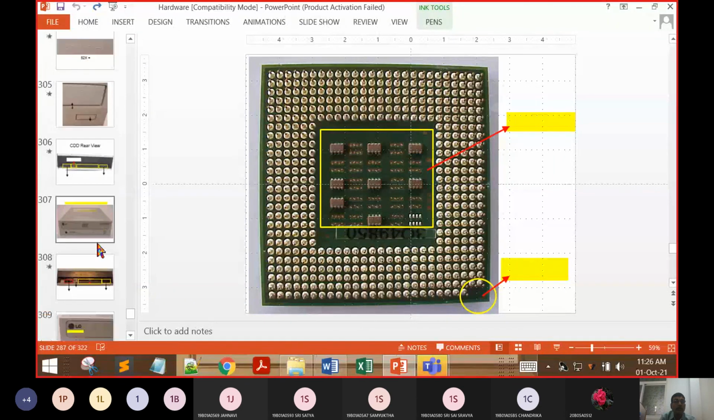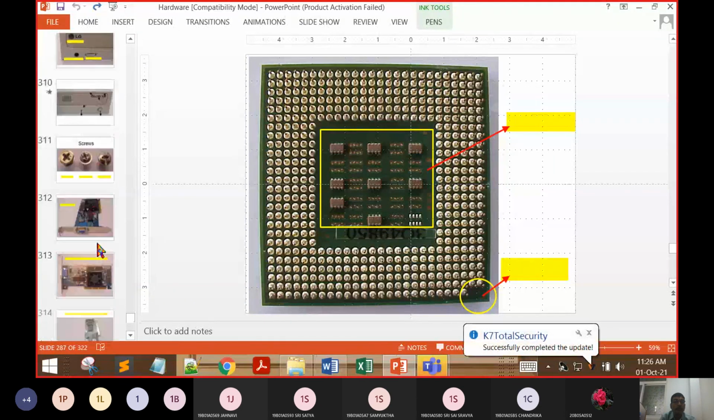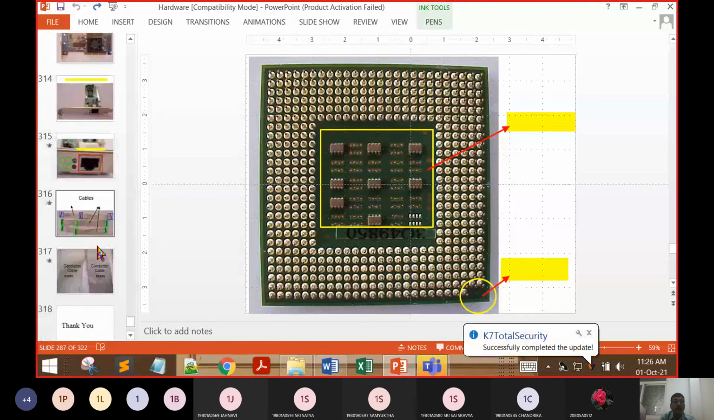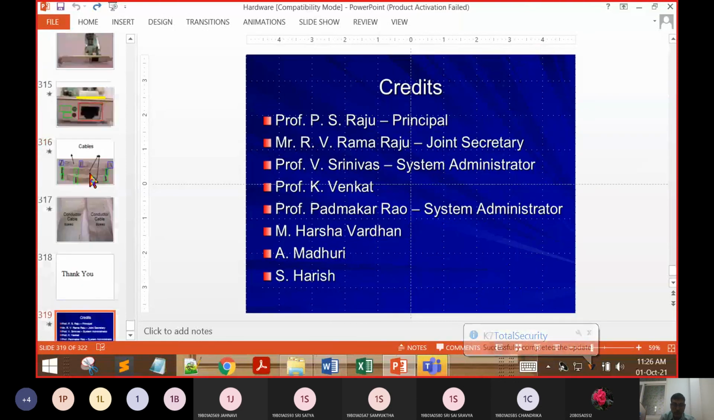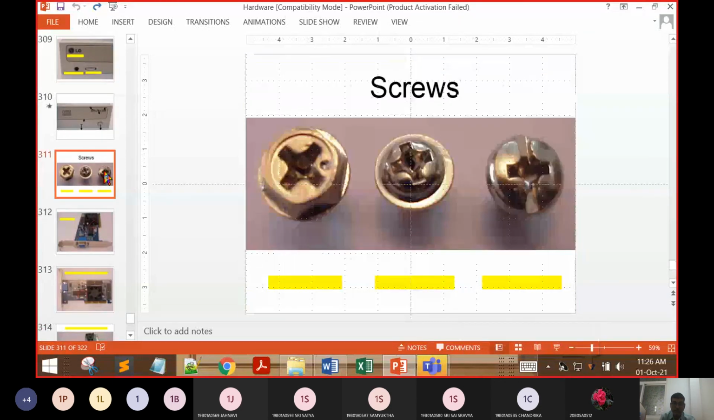This is the holistic view, giving you an introduction to how exactly the things are going to happen. Okay, so